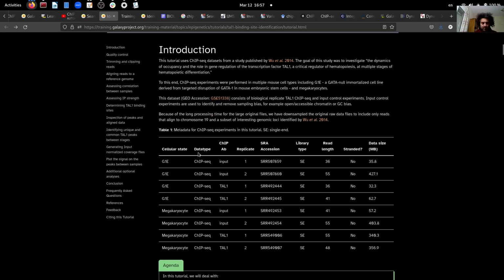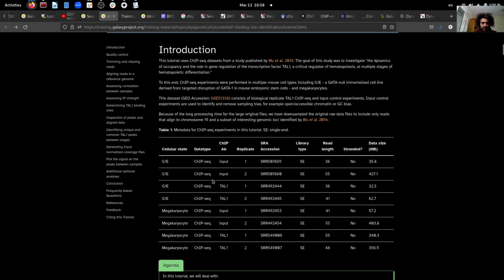Now, this TAL1, this protein that they study, it seems that it plays an important role during hematopoiesis, and what they have done is that they have used different types of cells, G1E, which are precursor cells, a bit undifferentiated, and megakaryocytes, which appear later in the differentiation. What they have seen is that during differentiation, the location of TAL1, so the genes that the TAL1 regulates, has